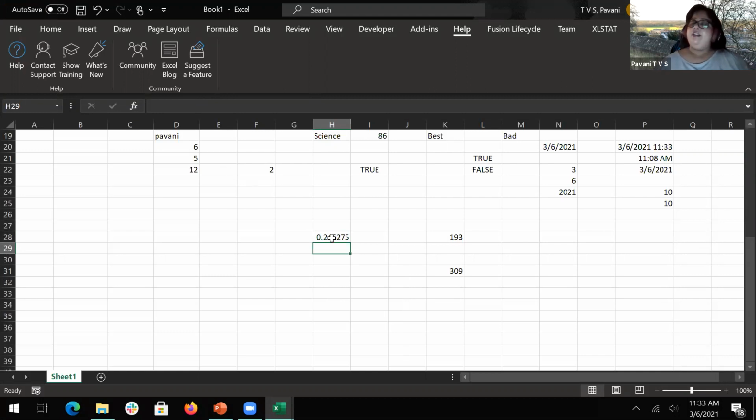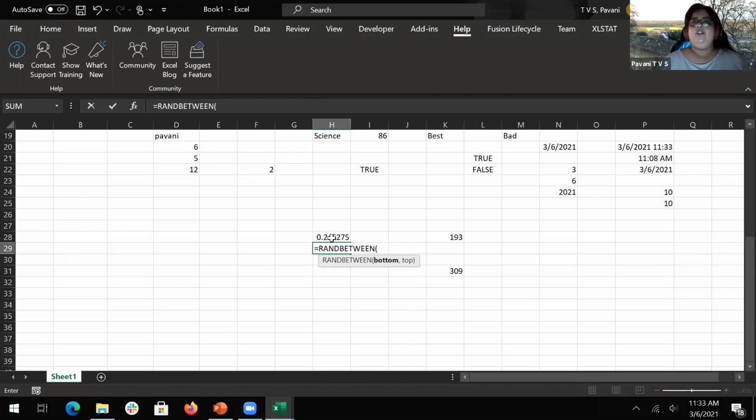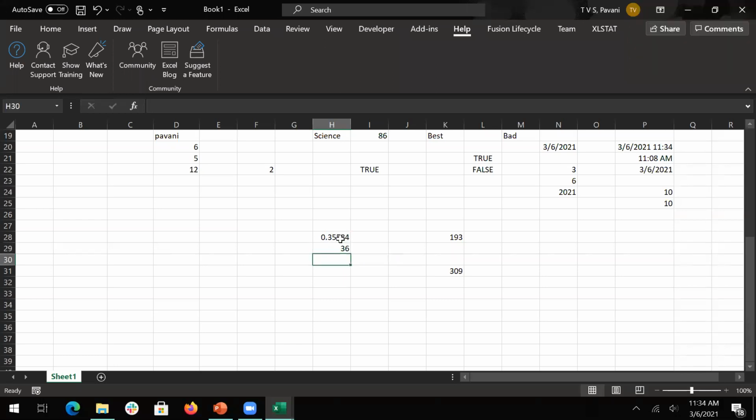It will give you a random number out of nowhere. But if you use RANDBETWEEN, you can set a bottom number and a top number. Let's say 30, and my top number is say 50. So it will pick between 30 and 50 only. So 35 is what it picks. And whenever you click or open this sheet, it will automatically change numbers.